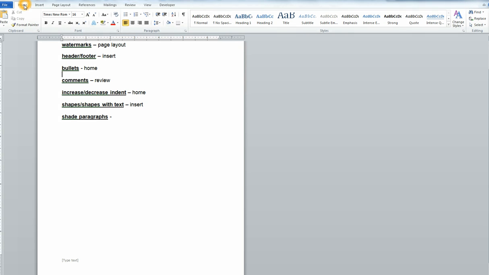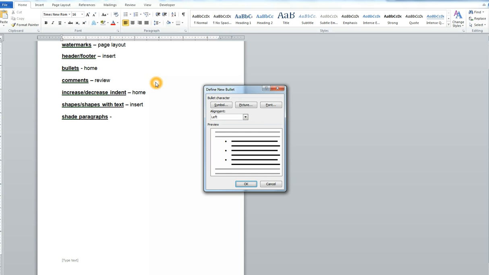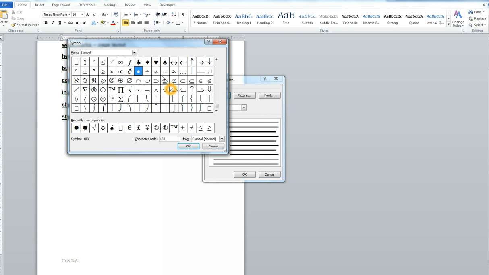Bullets are under the Home menu, and inserting a bullet's fairly easily done. But did you know that you can customize a bullet? If I say define new bullet, you can choose, if I go to symbol, any number of different symbols that you would want to have appear as your bullet. And you can actually even change the font